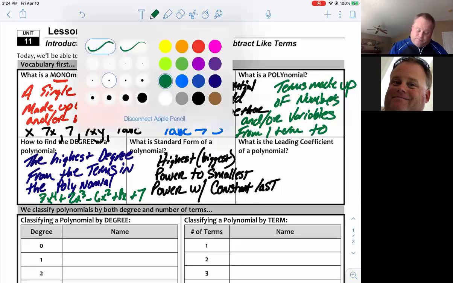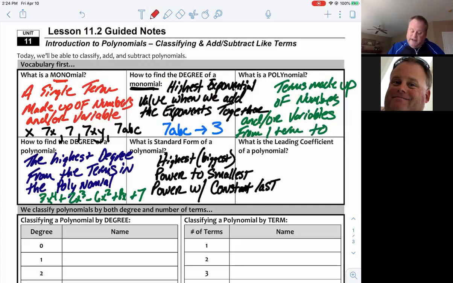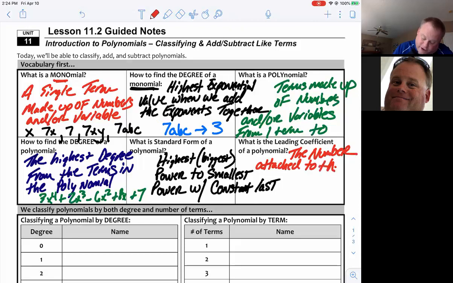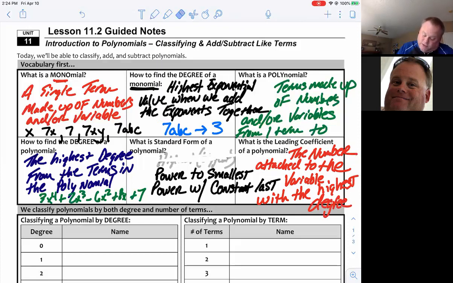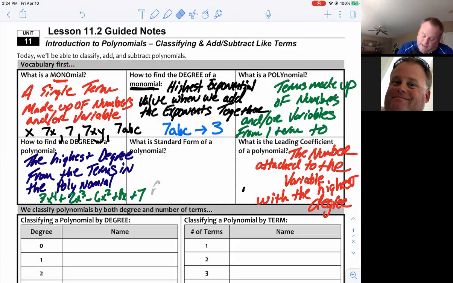All right. And then last but not least, what is the leading coefficient of a polynomial? It is the number attached to the variable with the highest degree. Okay, now I'm going to erase this so I can write right next to it. Okay, so if I gave you